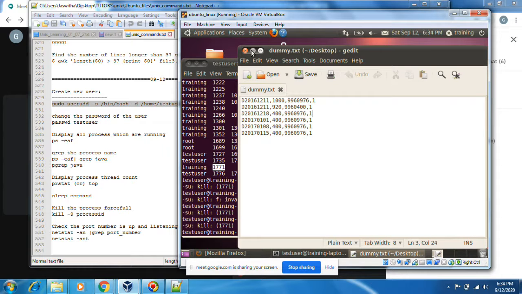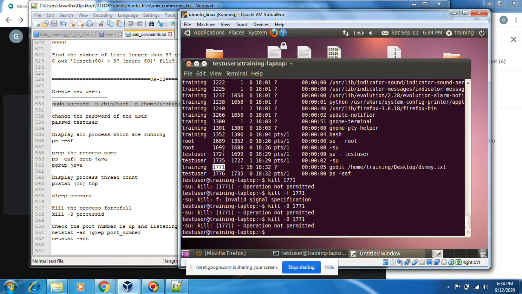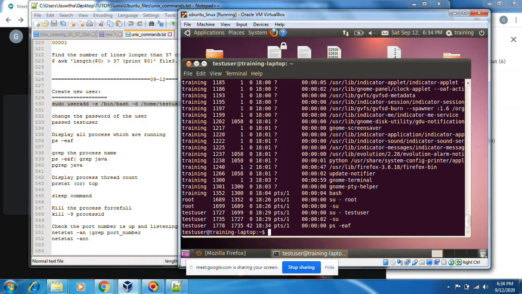Okay, and let's close this. Ideally, to stop any process, kill will do the stopping. If it is not killed, we need to do a forceful kill. Kill -9 is forceful killing, forcefully stopping that process. This is the process ID of that. Now you see ps -ef, that was closed. Now we have closed that one.